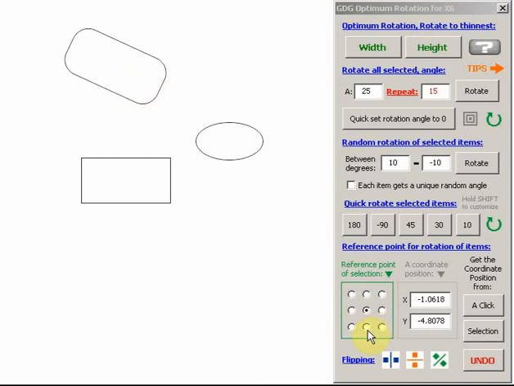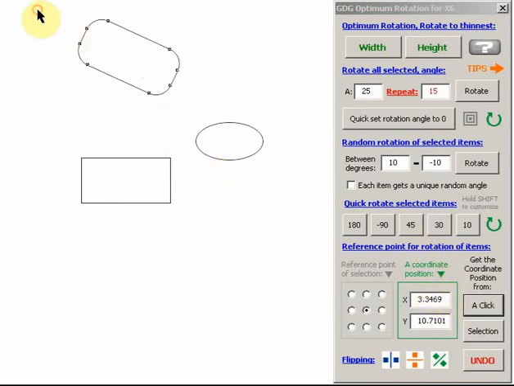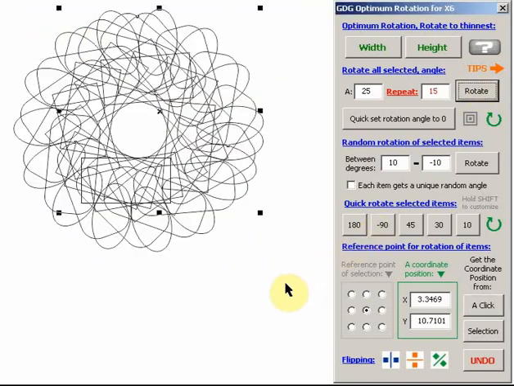Let's change its reference point, which will be interesting. So let's do it with a click, and we'll put the reference point here. So all shapes will rotate based on that. Quick and easy way we put a reference point or object rotation axis. So I'm going to hold control again. Oh, get some interesting designs. You can get some pretty cool